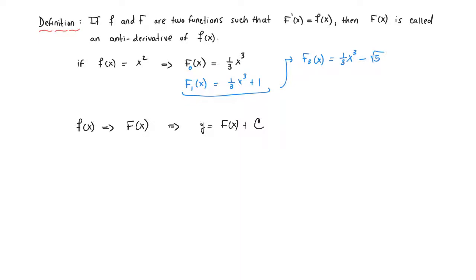And again, this is a constant. This constant can be a positive number or it could be a negative number. In other words, we're going to say c can be any real number as long as you keep it a constant. So this will give you